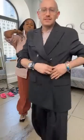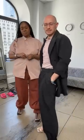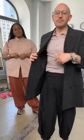Again, it is a double-breasted. I have found that I took my regular size in this small. I could do an extra small if I wanted to, but I like a ton of volume, so I usually take my Liams in a medium, but this one had enough space in it for me to take a small. And then I'm wearing the Eden Balloon Pant in the Dominic's Pinstripe as well, and the Diva Cupro polo in